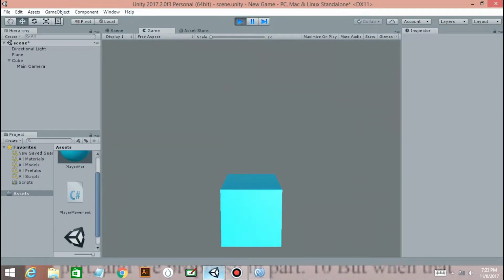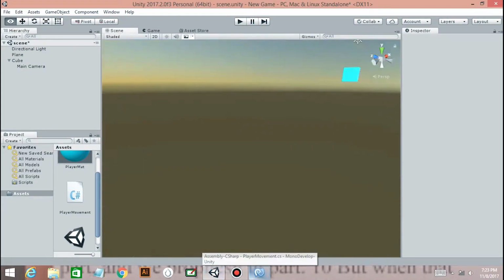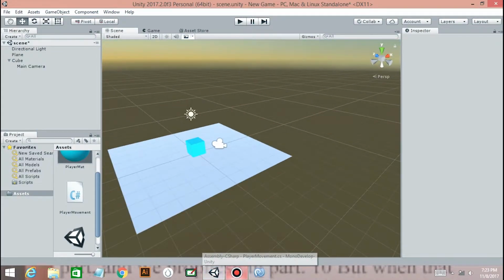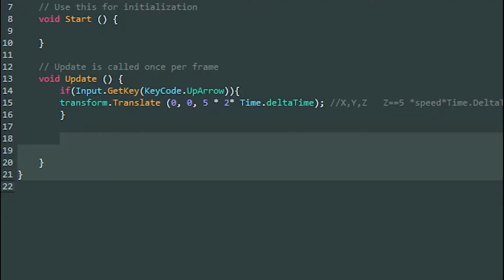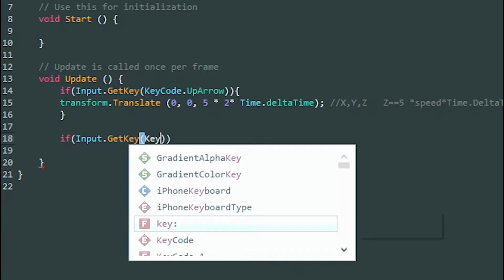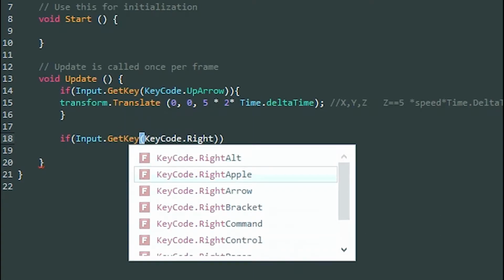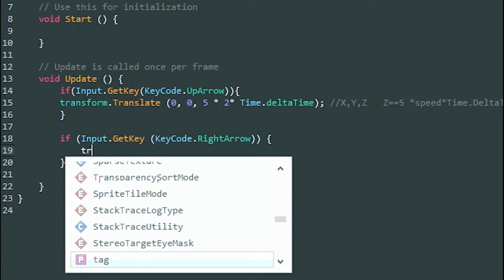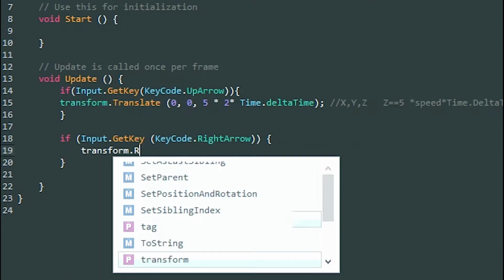So now that we have our movement of going forward, how about rotating left, right, and moving backwards? Well, then let's go back into MonoDevelop. Okay, so the first thing we're going to do is on our right arrow, we're going to say Input.GetKey, KeyCode.RightArrow, and then we're going to transform.Rotate,